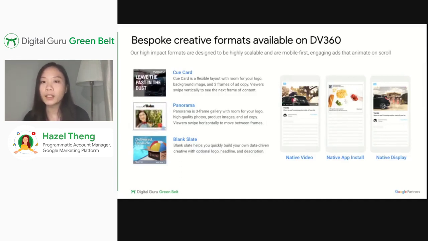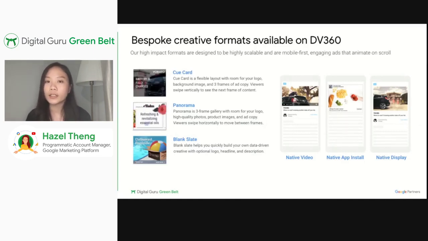You have the cue card here, which is a 3-frame display creative that allows users to swipe vertically up and down to see the next frames across this 3-frame format. You also have the panorama format. It is very similar to cue card, also a 3-frame display creative, but in this case, it allows users to swipe horizontally left and right to move between the frames.